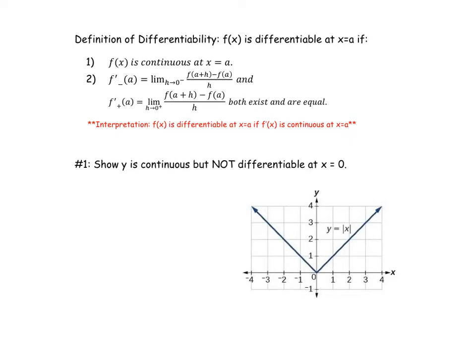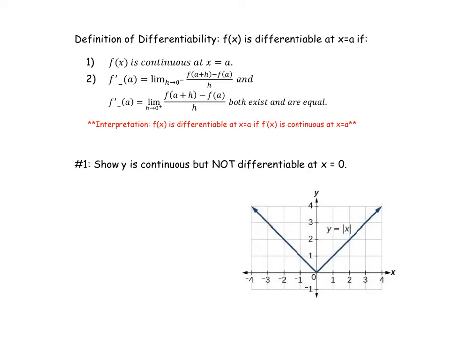Okay, so let's examine this graphically and then we'll talk about it algebraically. Show that y is continuous but not differentiable at x equals 0. Well, clearly here I'm looking at the absolute value. The function is continuous here at x equals 0. However, the slope over here is negative 1 and the slope over here is positive 1. So the slope approaching from the left of 0 and the slope approaching from the right of 0 do not